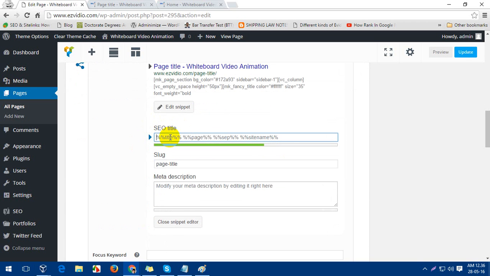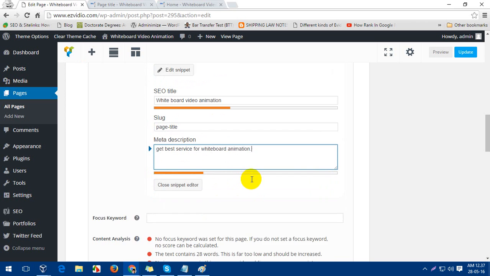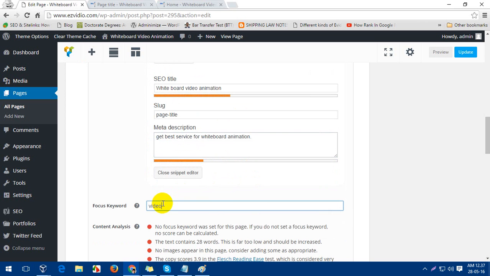For example, what will be the SEO title? The SEO title is, for example, whiteboard video animation. And the robots flag, we don't need to do anything. Description, just use a description of around 150 or 160 characters. Always try to use such a title and such a description so that we have a focused keyword in the title and also in the description, and also here is the focused keyword. Keyword is video,